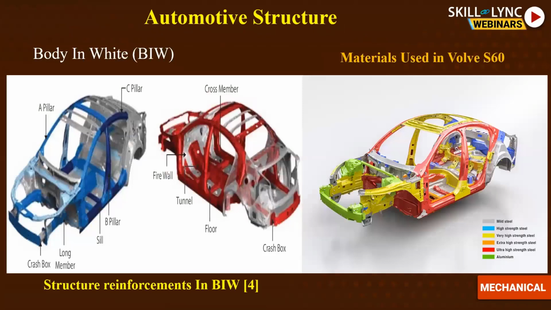Now I want to discuss the automotive structure. For a crashworthiness analysis, we are dealing with an automobile, so we should know the basics of an automobile. First we have to know about the BIW. What is BIW? It is body in white. Body in white means the sheet metal components that are going to carry the load, because here we are thinking about the load carrying ability of the structure. So all the load carrying structures will be comprised in the BIW.